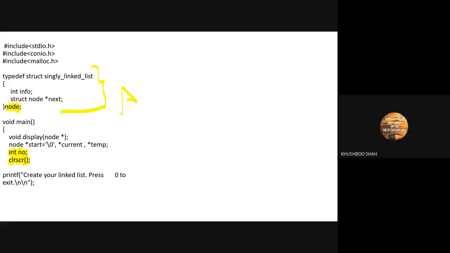Alias. Right, this is the short form. And one more thing we have studied, that we can pass a pointer variable as a parameter, as an argument, to a function. We also learned that we can declare pointer variables which have the structure as their data type. Any doubt, any query, guys?